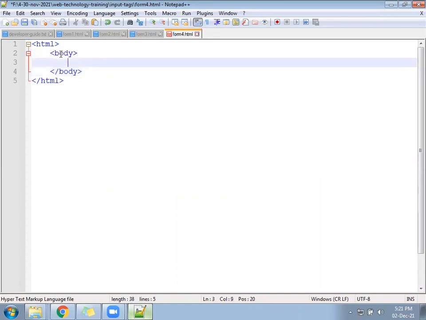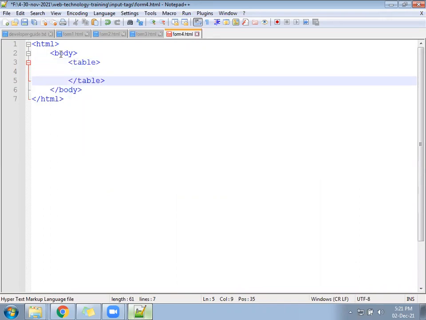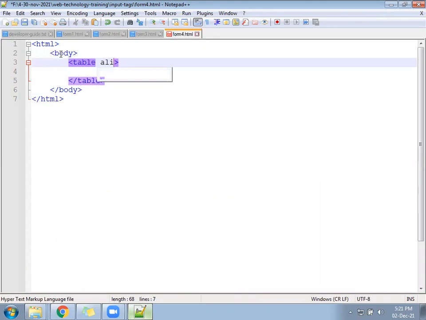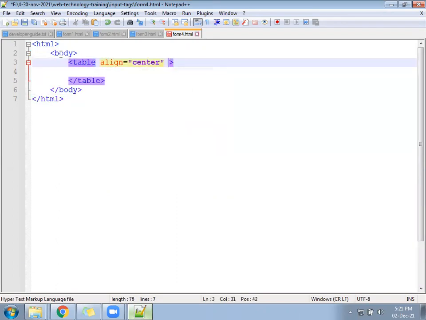Body, let's go there. Table. Align equal to center and cellpadding equal to, let's keep 10.